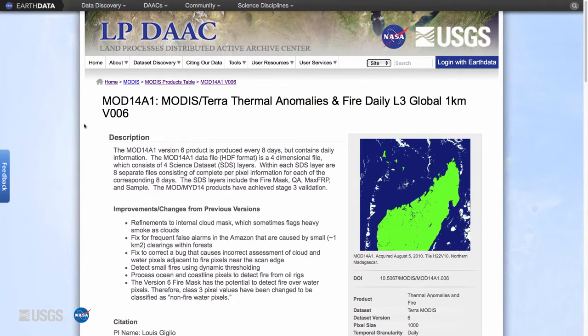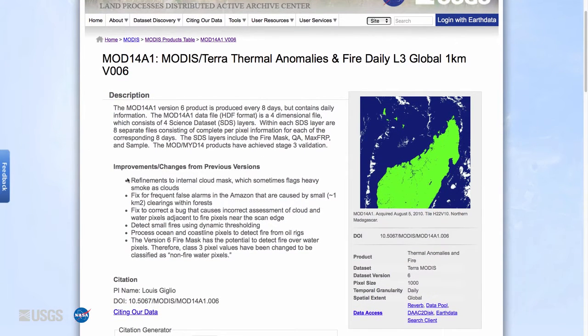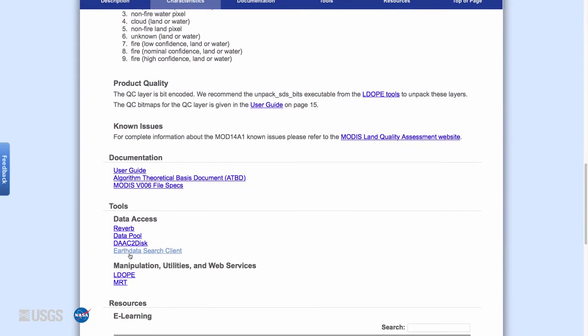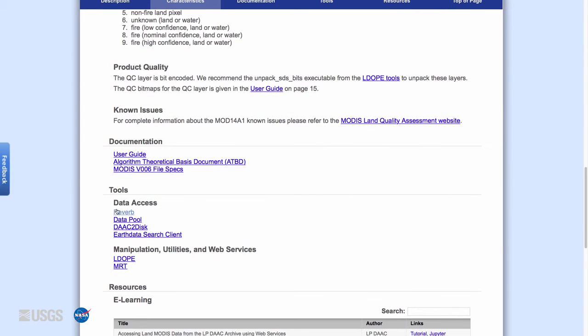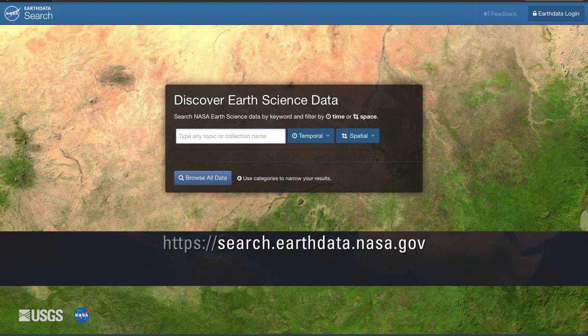More detailed information on the changes to each of the MODIS Fire data products can be found on the Digital Object Identifier, or DOI, landing page on the LPDAAC website. The LPDAAC website also offers several ways to download MODIS thermal anomalies and fire products. At the bottom of the DOI landing page for each product are links to the data access tools for that specific product. In this video, step-by-step information for downloading data using NASA's Earthdata Search Client Data Access Tool will be demonstrated. From the Earthdata Search homepage,